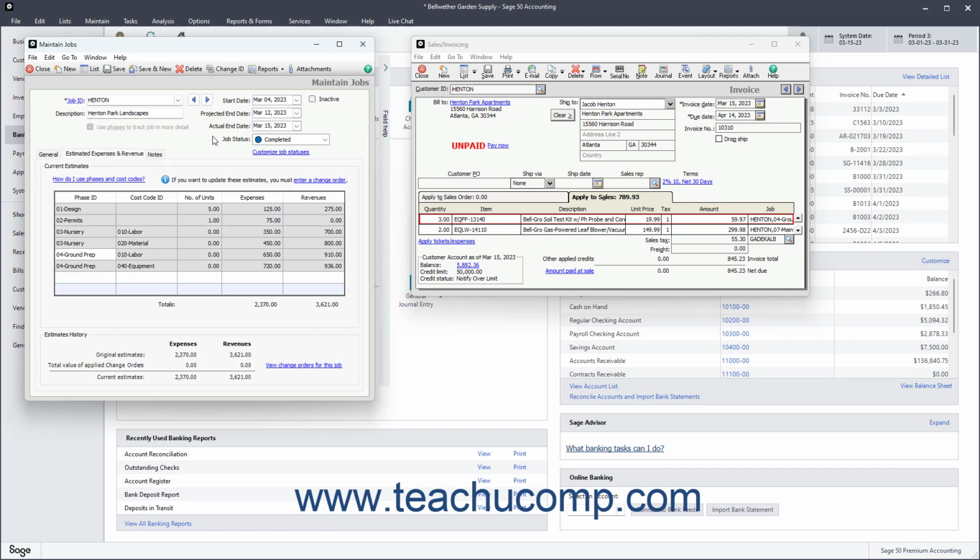If using Sage 50 Premium Accounting or higher, you can also create phases for your jobs. Phases define the distinct parts of a job. For example, if you performed remodeling jobs, you may create phases for a remodel that include permits and applications, planning, demolition, and remodeling. Using phases lets you further refine tracking expenses and revenues for jobs by discrete phases of your